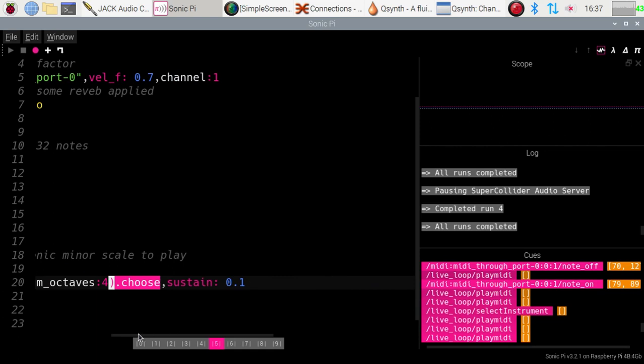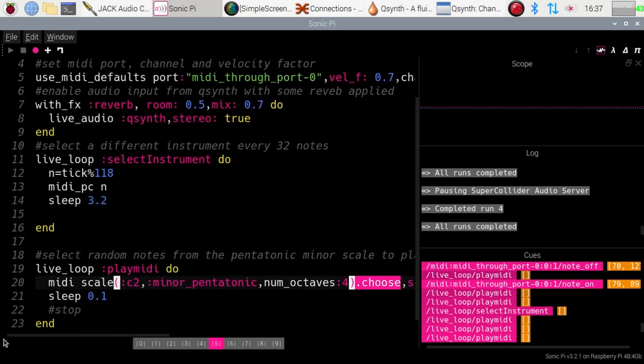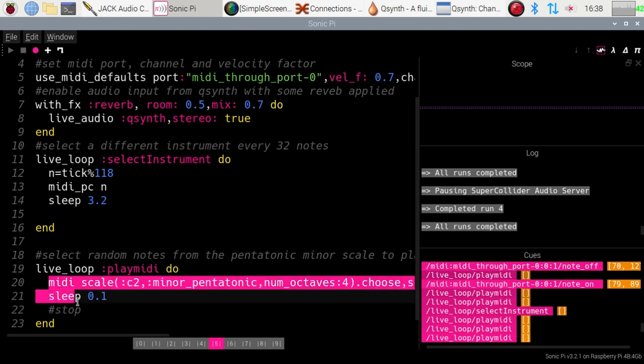And what that means with the MIDI command is that when the note starts, it sends a MIDI note on signal. 0.1 of a second later, it sends a MIDI note off signal and stops the note. And while that is happening, the loop waits for 0.1 seconds, because these two commands will actually happen concurrently at the same time. And then it goes back again and starts the next note. So we get a